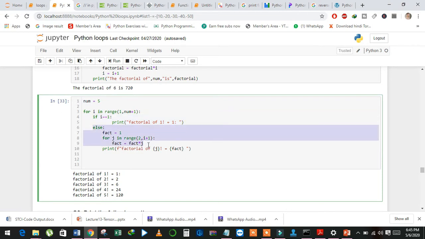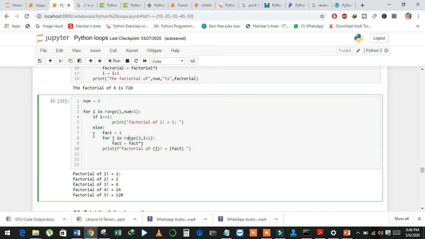Else, in else part, I have a variable fact that is equal to 1, and then I started the second for loop, and this for loop has range 2 to i plus 1,